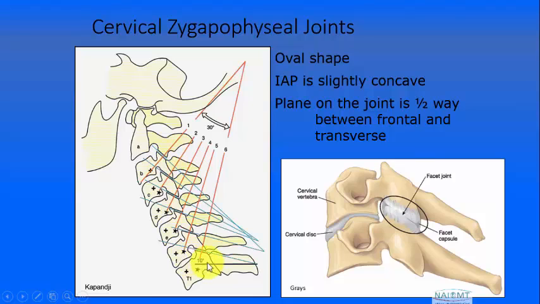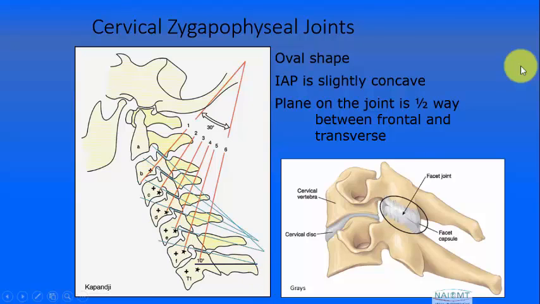However, if we go down near the CT junction, we can see that this angle is far less, and particularly in the case of forward head posture, which would essentially rotate this entire diagram, these become horizontal, or in some cases even downwardly sloping, making this anterolisthesis much more possible at these levels where we see degeneration much more commonly